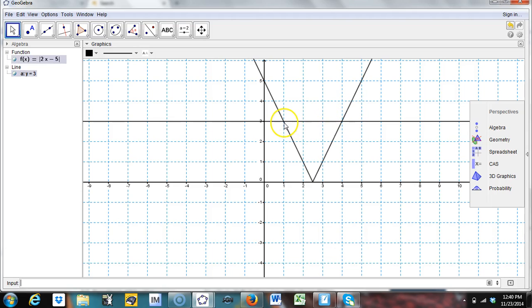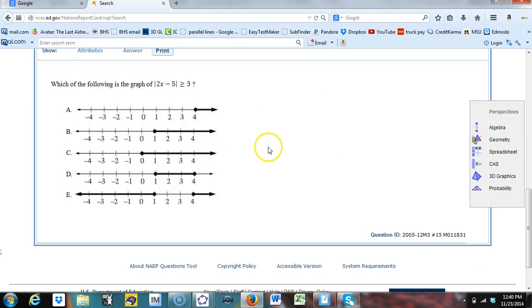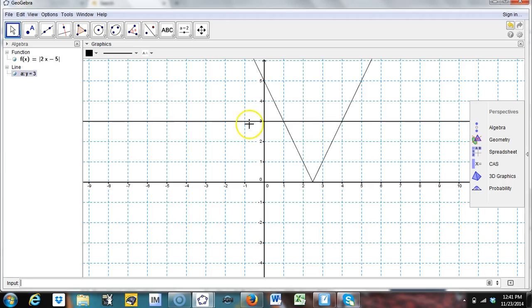If we had the equation, we would ask ourselves, where do these two functions intersect? And it would be at (1, 3) and (4, 3). So we could solve that. But the question really is about the outputs, and I'm sorry, I got that backwards. This is greater than or equal to 3. So outputs that are greater than 3 would be